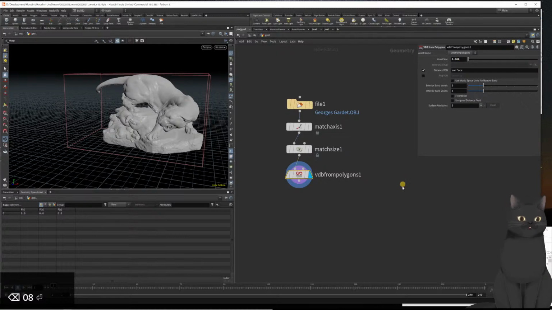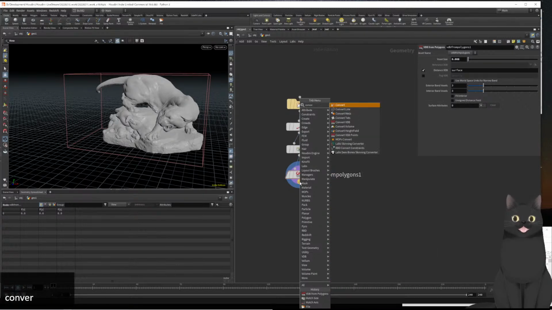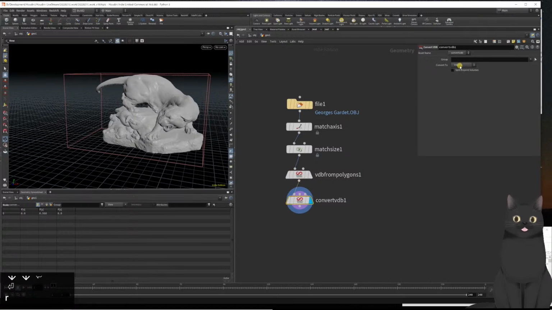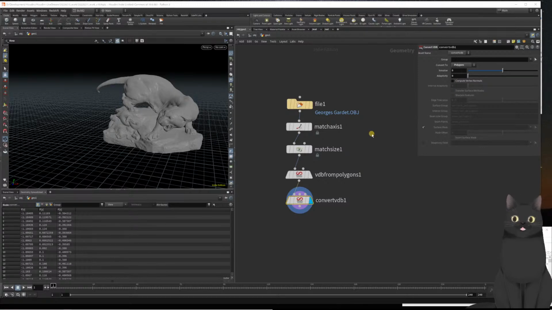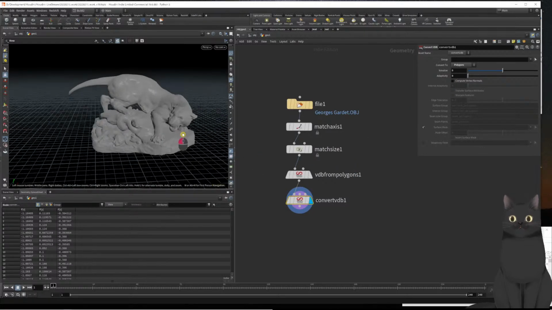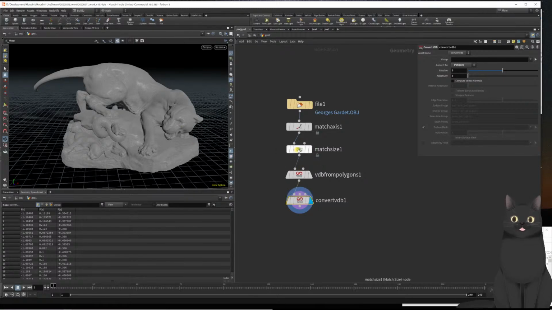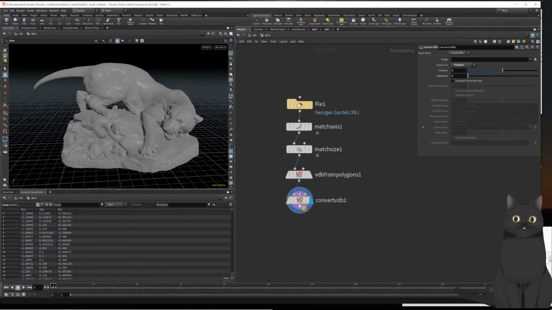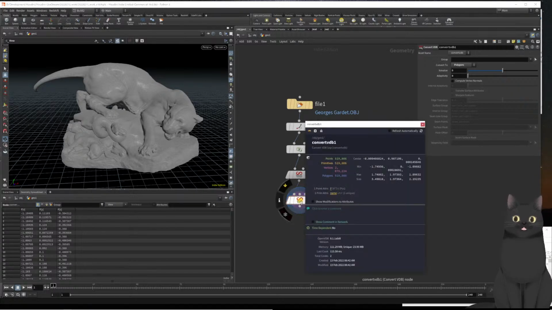And I'm gonna convert VDB. Set it to be polygons. And we have our geometry, but it's still pretty dense. So 500,000. This was about 1 million. So I'm gonna also put